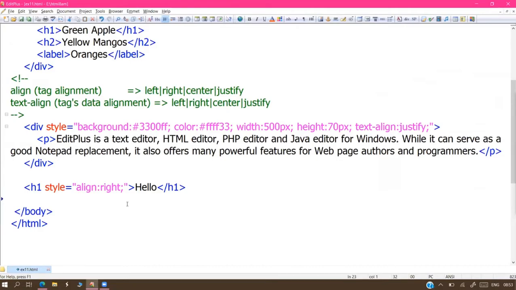You can do one thing. You can change the background colors. Because the background color is white, and the screen color is also white, you are unable to identify whether it exists or not. So it's better to change the background color, then we'll get the clear picture. Otherwise, without changing the background color, if you want to identify it, then go for the label.